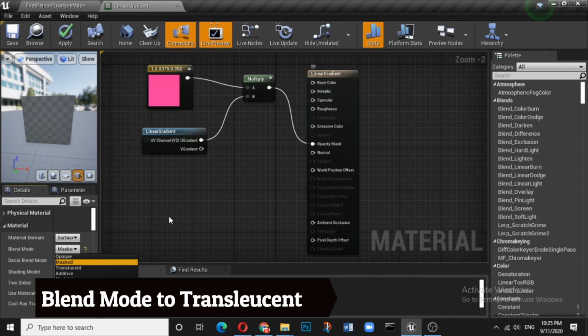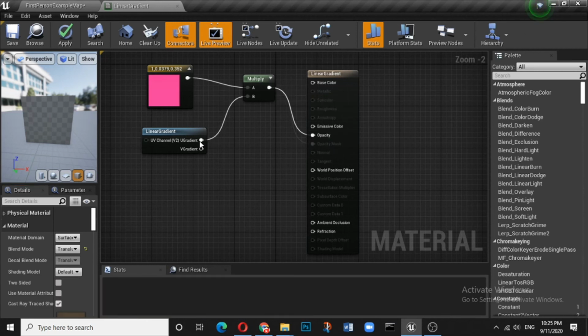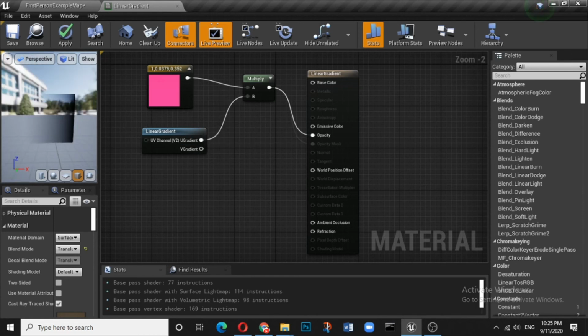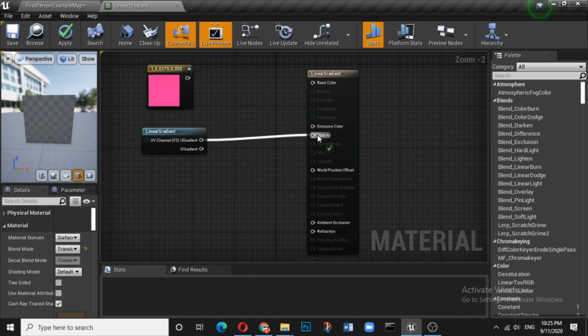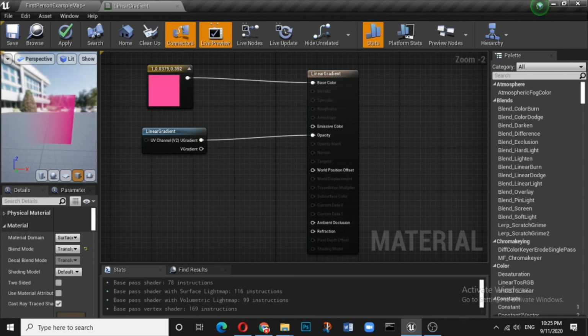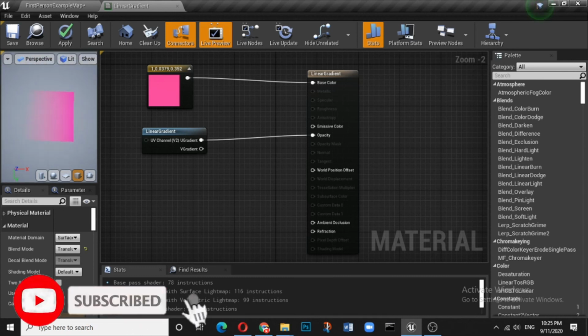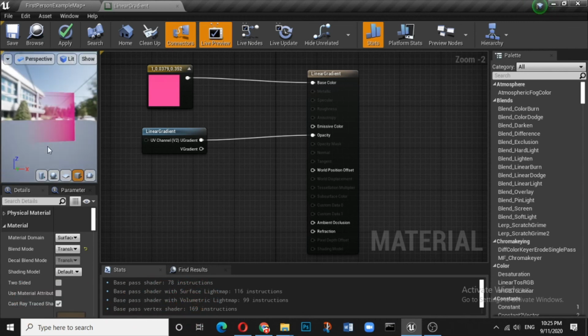To have the color, it is better to use translucent. Reconnect from opacity mask, connect it to the opacity. The moment you connect with the opacity instead of opacity mask, you have a better version of whatever we had earlier. Now it is a better form of gradient. Connect directly with the opacity instead of having that multiplier effect. So you can see you are getting this red color, whatever you have selected, and it is coming out very nicely.